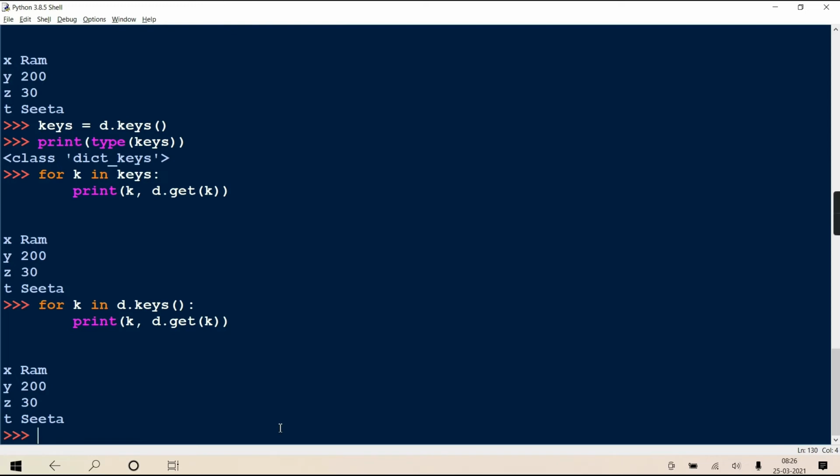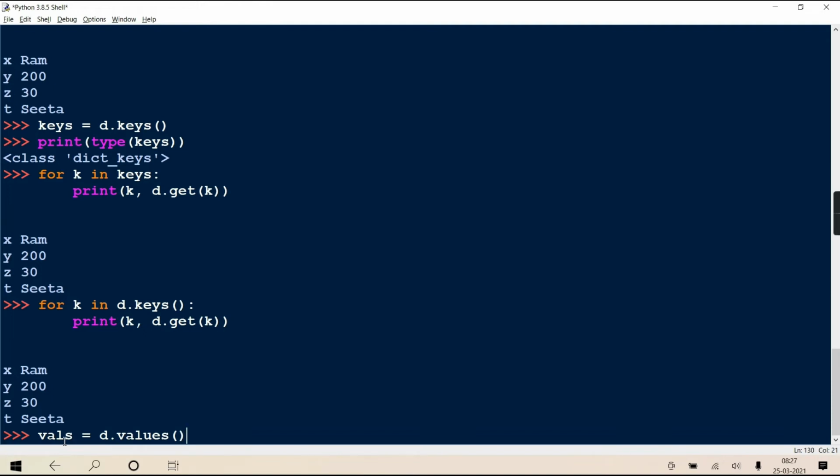Then there is one more method called d dot values. Like keys, this method will return all the values in your dictionary. As many values as are there, all of them it will return in this vals object.